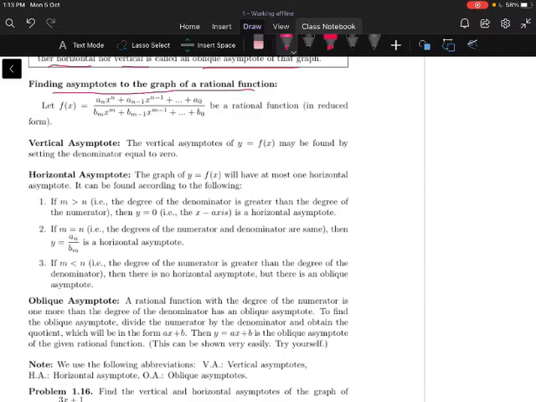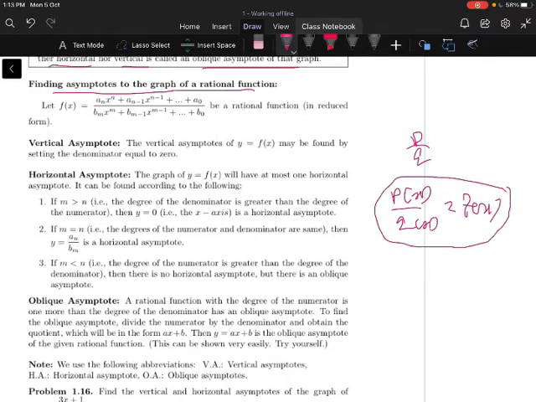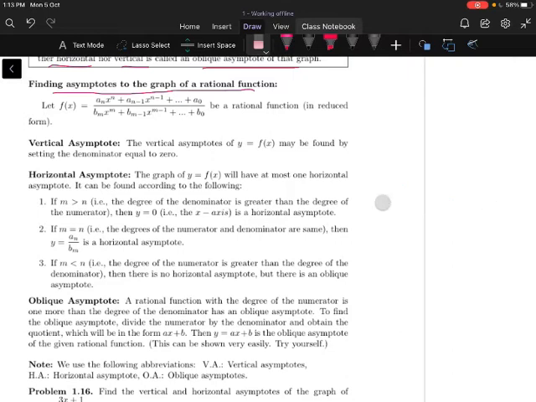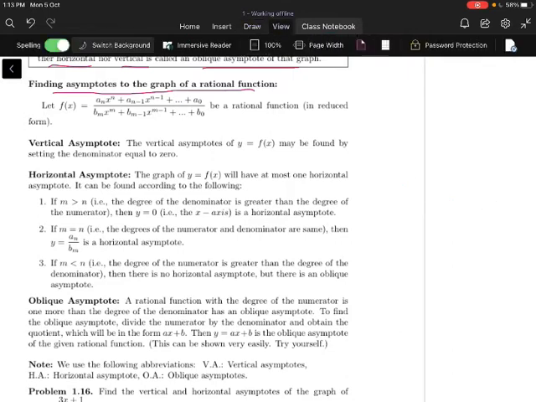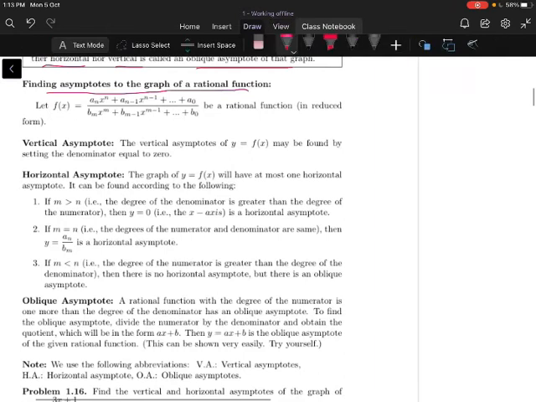Generally, to find the asymptotes, the function should be a rational function. Rational numbers are p by q. A rational function is nothing but p of x by q of x form. That is f of x. So f of x should be a rational function to find asymptotes here. Now here I consider the rational function f of x equal to a_m into x power m and so on a naught, by b_n into x power n and so on b naught.